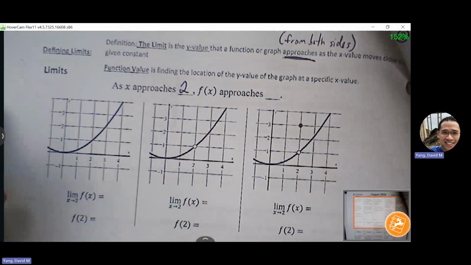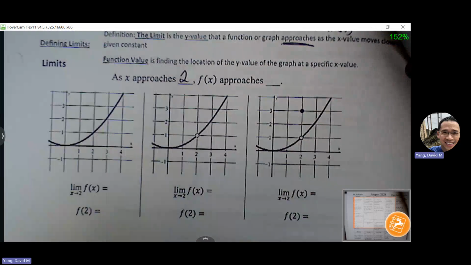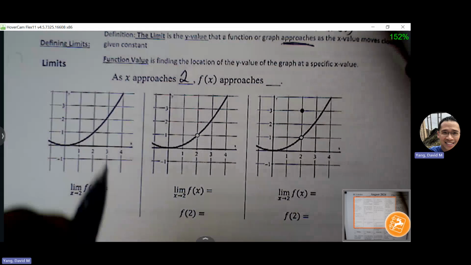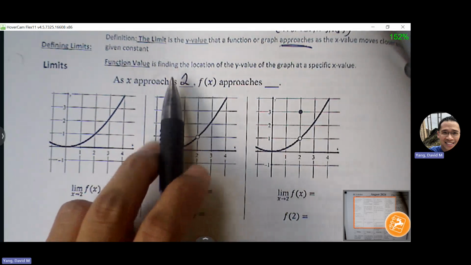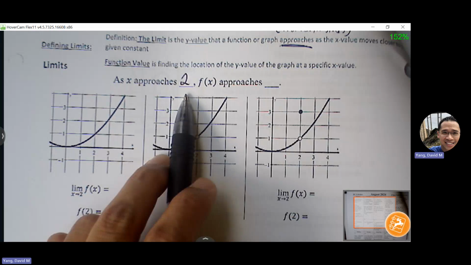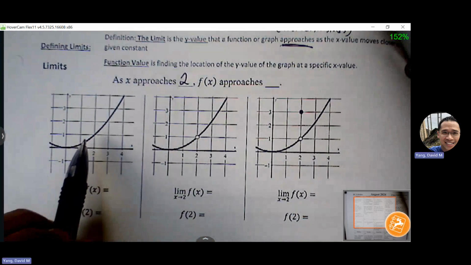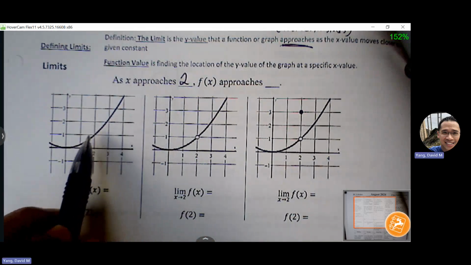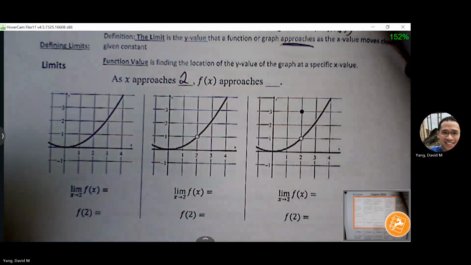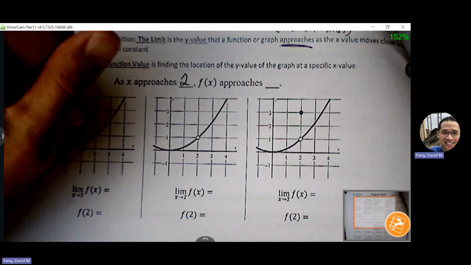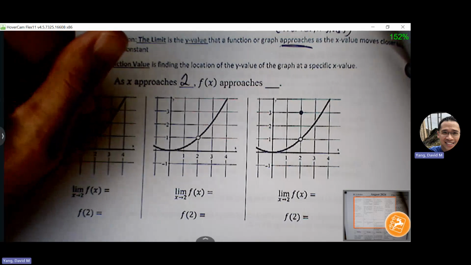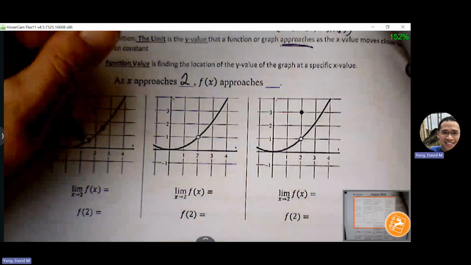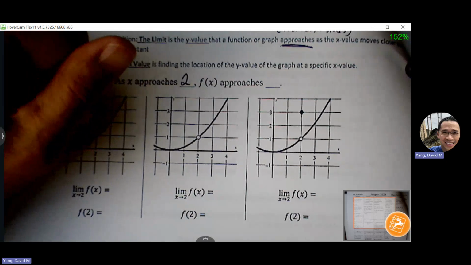So here is how I want us to do this, just as a visual, to make it visually easier to understand limits. If I want to approach 2, or if I want to find out what is the limit as we approach 2, then we're going to find 2 points that are relatively close to 2 on the graph as we get closer towards 2. So I'm going to pick a point to the left of 2. I'm going to pick a point to the right of 2. And I'm going to draw an arrow towards 2 along the path of the graph.